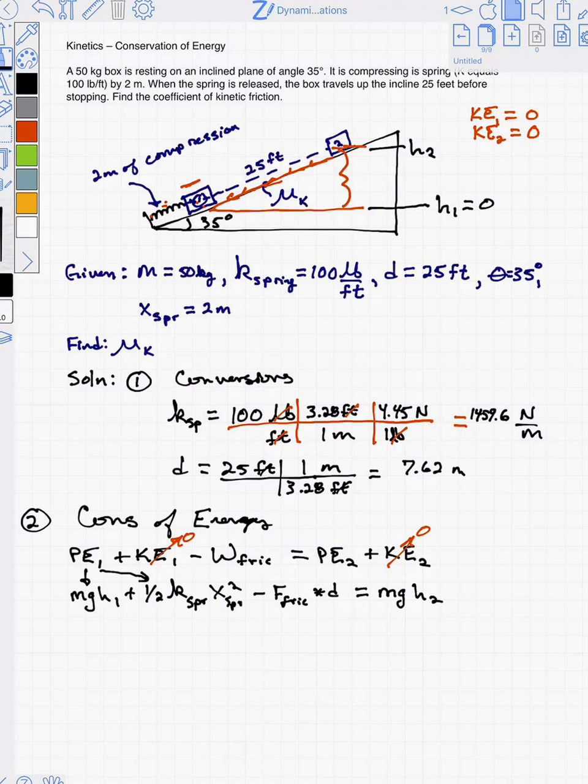Well, this is a right triangle that has a hypotenuse of 7.62 meters and an angle of 35 degrees, and this is the opposite leg. So h2 will be 7.62 times the sine of 35, and that is 4.37 meters. Okay, now, let's see, what else do we need to do here? Let's go ahead and do the check mark method. Grab a different